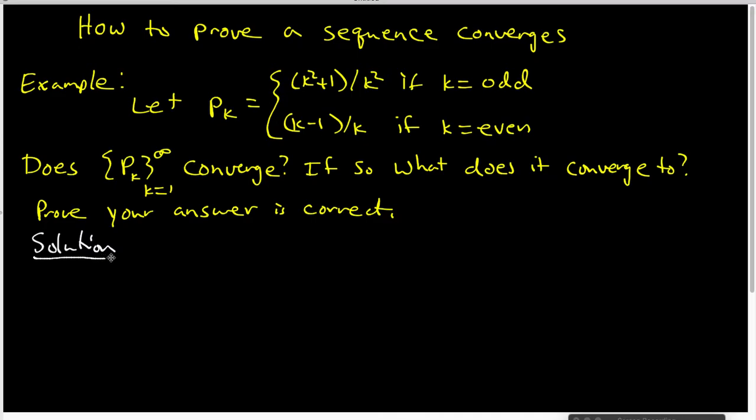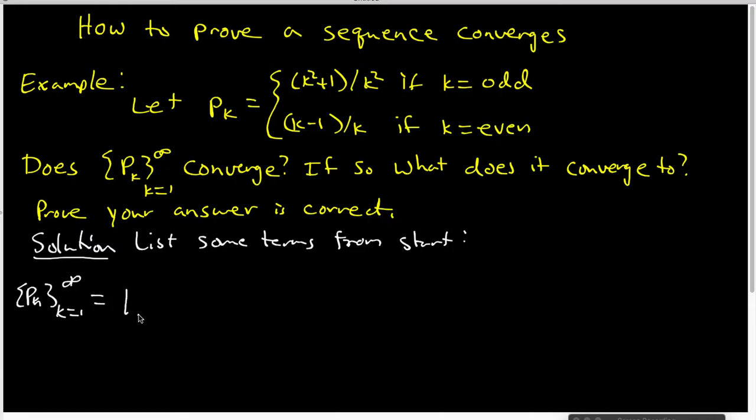The first thing that I would do is I would simply list some terms from the start of the sequence. In other words, get a feel for what's going on. So the start of this sequence looks like this. It starts with 1, and then we have 1/2, and then we have 10/9, and then we have 3/4, and then we have 26/25, and then we have 5/6,